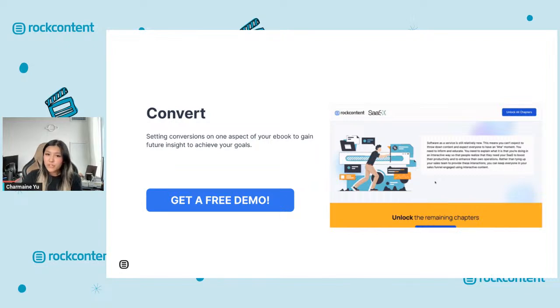The second point is conversions. Depending on the goals of your ebook, you can set certain conversions to one aspect of your experience. For example, you need to turn a static piece of content into an engaging ebook to generate leads. In order to track if your users are getting through the whole content and are interested enough to download the